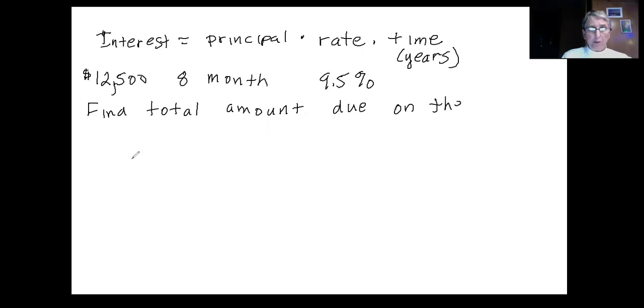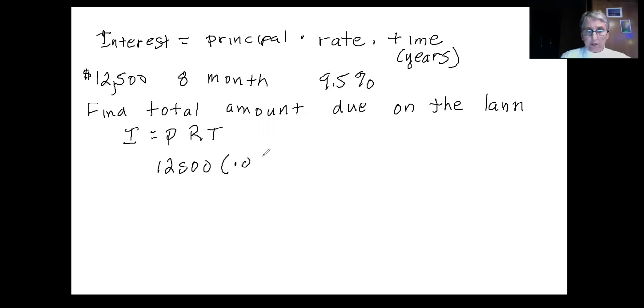Well, we have the formula. Interest equals PRT. The principal is 12,500. The rate, if I change it to decimal, is 0.095. And the time is 8/12, 8 out of 12 months. That's in years. That's how we write it. Now, if you do the math on this, take 12,500 times 0.095 times 8, and then divide by 12. And when you get done, you get